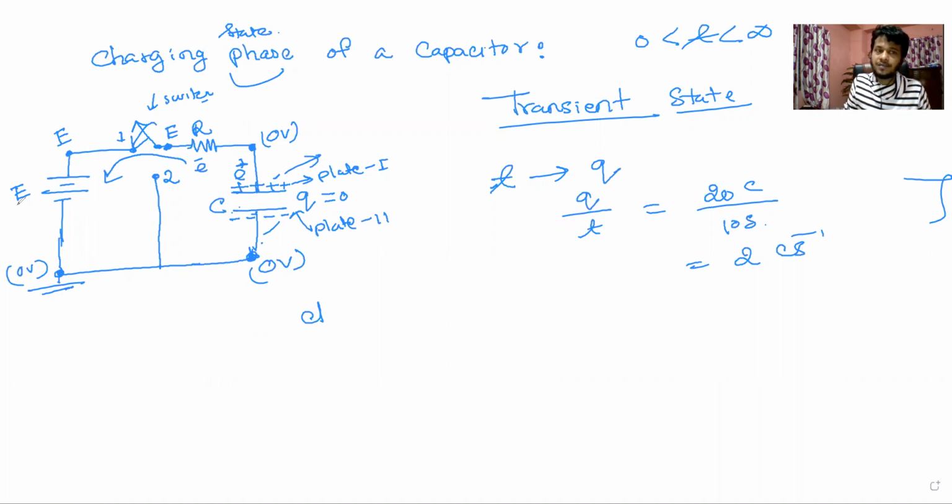Initially, the potential difference between this power supply and this capacitor will be high, right? So of course more negative charge will flow from plate 1 to plate 2, isn't it? But over time, the potential difference between this power supply and the capacitor will decrease, so less amount of charge will flow at that time, isn't it? So that means the charge transfer rate will not always be equal, right?